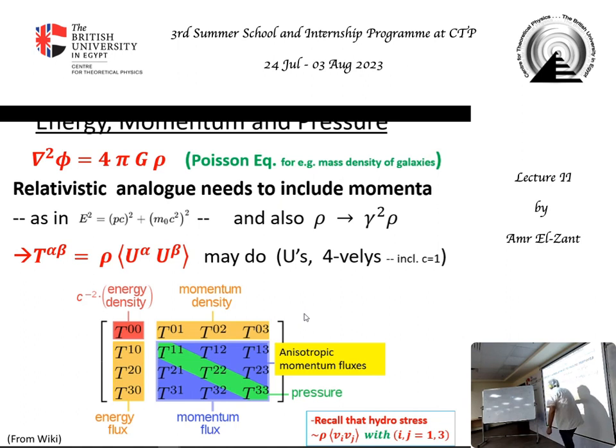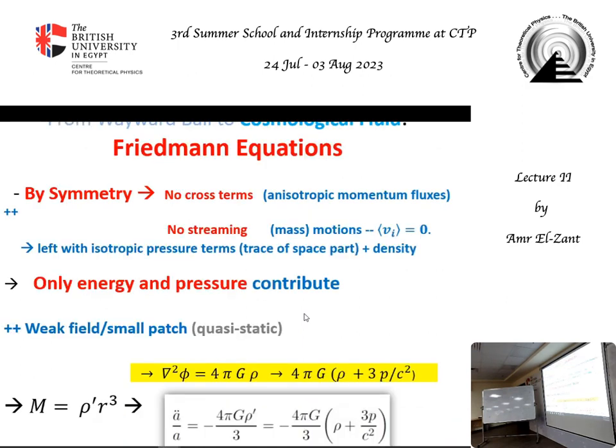And then you have the anisotropic stresses, the Vij, these guys. And then you have the isotropic stress, which is the pressures. Okay, there are 3 pressures: Vxx squared, Vyy squared, and Vzz. Okay, is that clear? This is the stress tensor, energy momentum tensor. Now, this thing reduces really nicely in these maximally symmetric spaces, meaning isotropic and homogeneous. So there's no streaming.